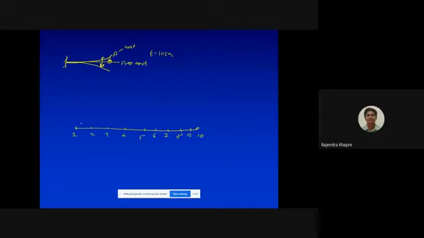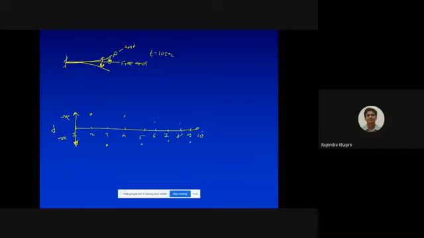Okay, so what will happen if I draw a displacement over here? Let us say this side we have a delta. This is positive and this is negative. When time is equal to 1, you will get a displacement which is somewhere over here. When time is equal to 2, you will get displacement somewhere over here. Time is equal to 3 here, time is equal to 4 here, time is equal to 5 here, 6, 7,